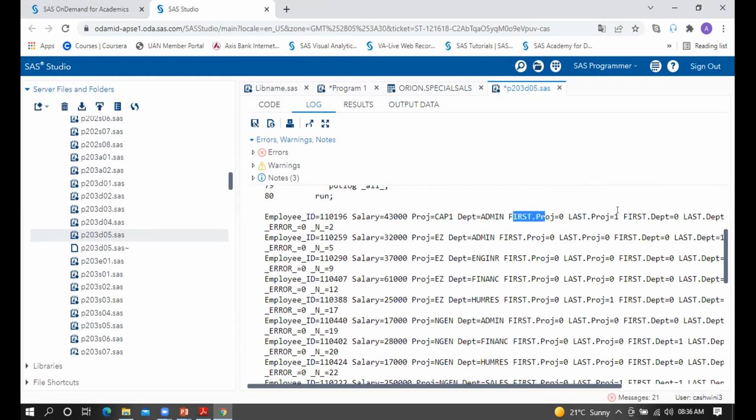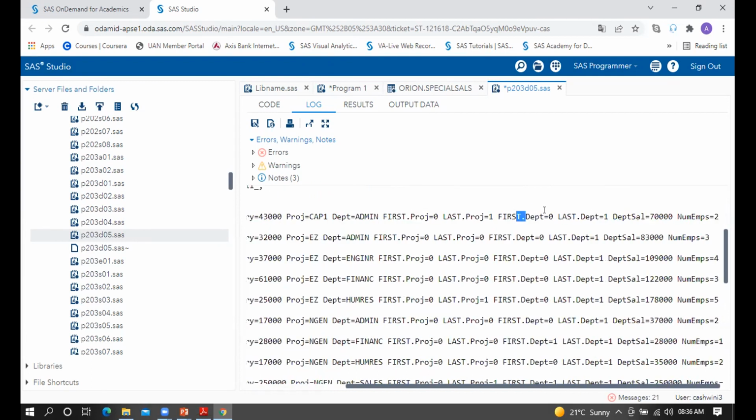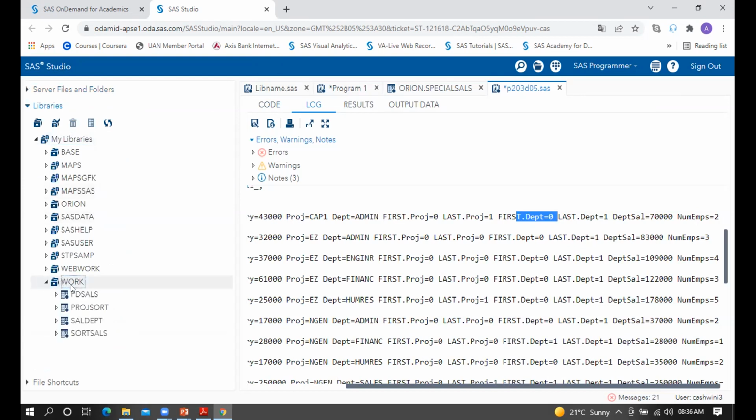Why first dot project and last dot project? Because within your department, it's telling the first dot project is 0, last dot project is 1. First dot project is 0, last dot project is 1. Why? Because your primary variable has forced a secondary variable to take its value. Why is it doing this? Because if you have observed your input data, which was sorted first on project and then on department,